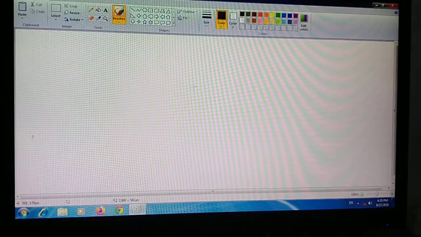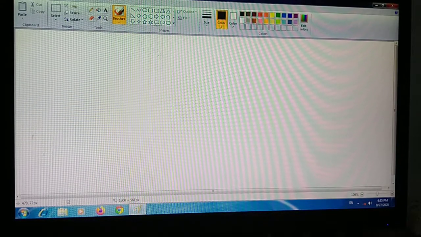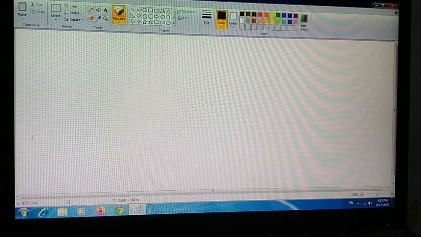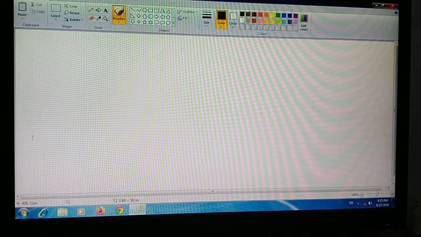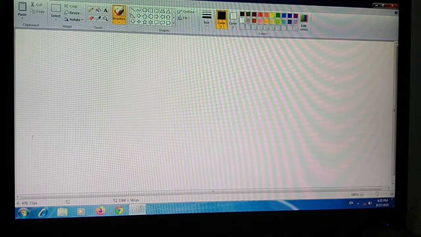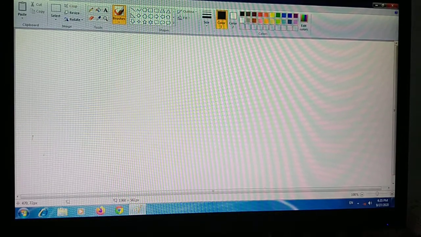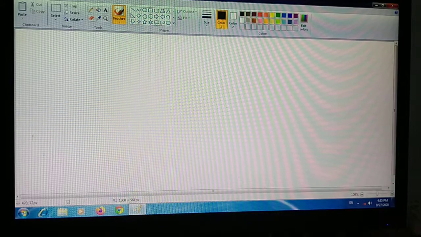See, I have opened Paint here. You can see the Paint. Let us now learn about the options and tools in the Clipboard and Image group present on the ribbon. To use the various options and tools in the Clipboard and Image group, first you need to select the entire picture or a part of it.